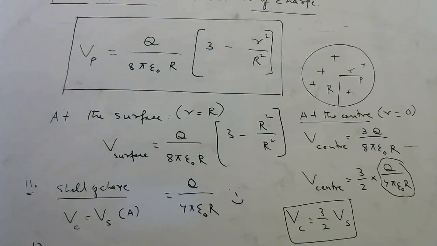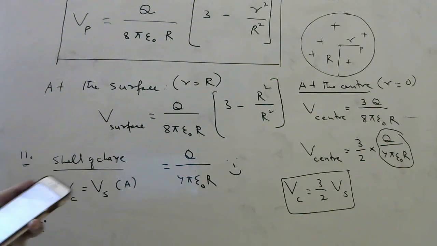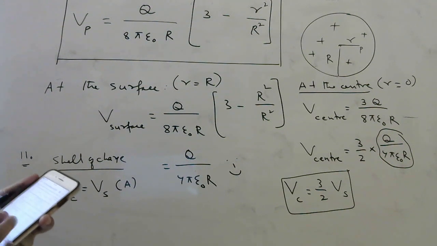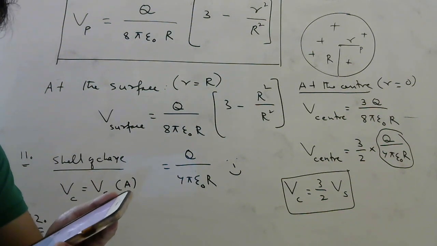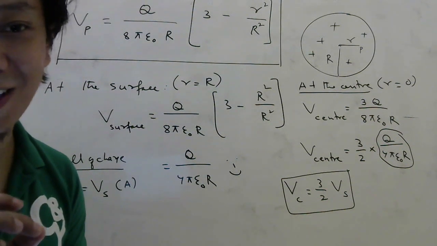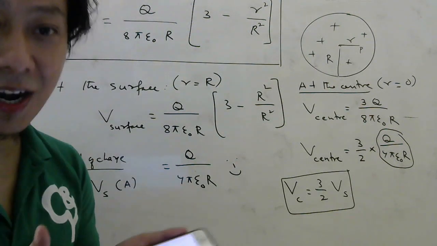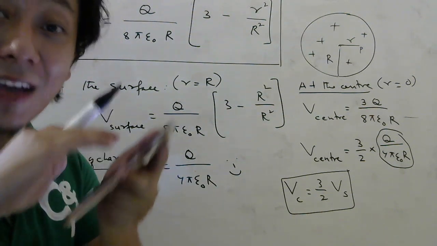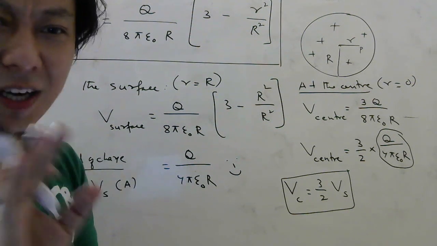Interesting is question number 12. Question number 12 you see answer. Okay. So in question number 12 they are saying the same question, but listen carefully. What is the relation between potential at the center and potential on the surface due to a uniformly charged solid non-conducting sphere? Solid sphere they are saying. Solid matlab inside also there is charge. Okay, uniformly charged solid sphere. Non-conducting word they are using so that if it is conductor, charge will stay on the outer surface. So it will be like shell of charge only. That's why they are saying non-conducting. But forget about that non-conducting.